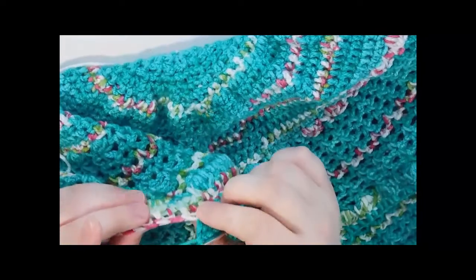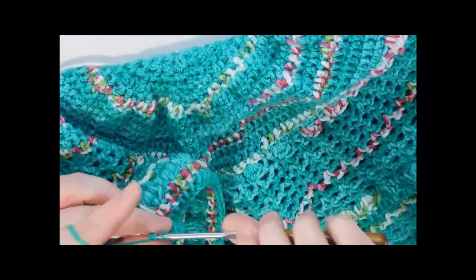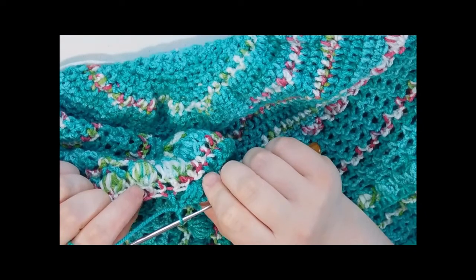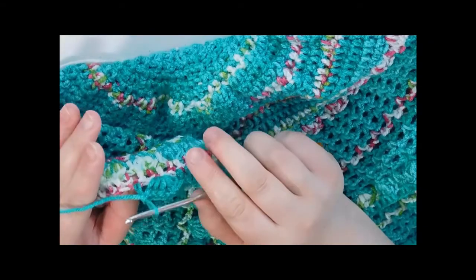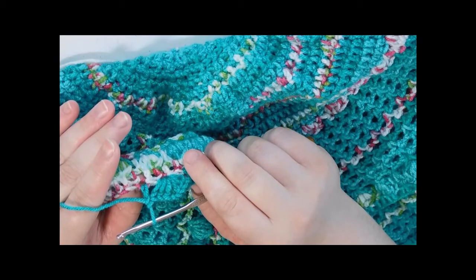You'll skip the next stitch, and then you will work your double crochet starting in the stitch after. So again, you're going to go all the way around repeating the same pattern, doing 24 double crochets, skip 1, shell, skip 1, 24 double crochets. When you're working on the last lap or the last end there, you'll notice that you won't have quite enough double crochets, so you need to add 3 double crochets into